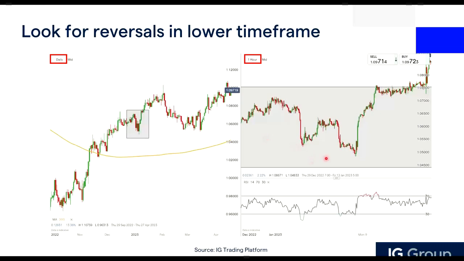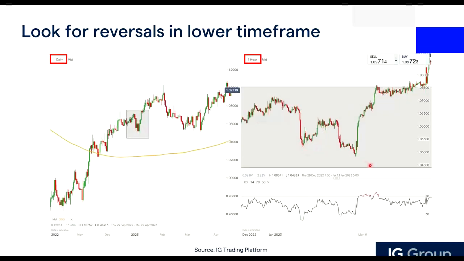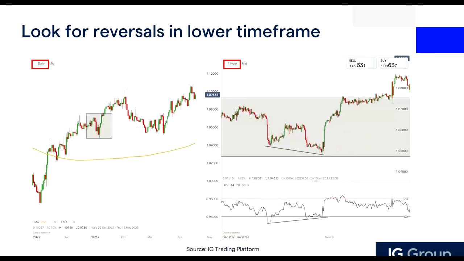Let me just highlight it to you. So again, in this daily time frame pullback, zooming into a shorter time frame, is there any buying opportunity? Is there any reversal we can do? If you notice, over here is actually forming a lower low, but the RSI is forming a higher low. I'll just highlight it over here. For those of you who have noticed, there is a bullish divergence here. As prices were forming lower lows, the indicator is actually showing a higher low. So this is a divergence between price and the RSI.